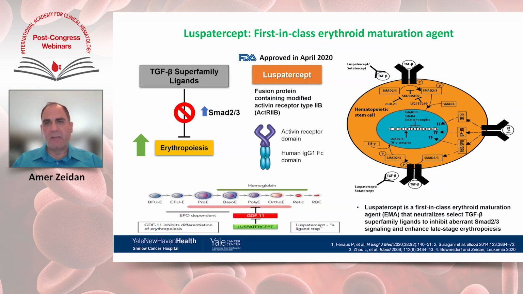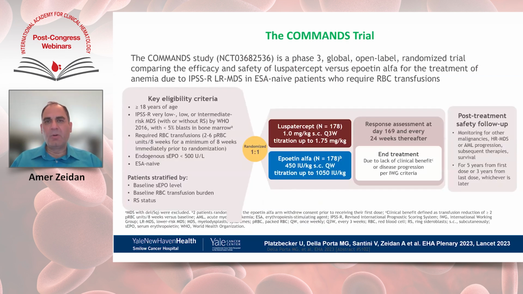So as background, luspatercept, as I mentioned, has been approved almost 5 years now. In 2020, it was initially approved. Luspatercept is a transforming growth factor ligand trap. This pathway is increased in activity in patients with MDS and leads to suppression of erythropoiesis. This ligand trap, which has an activin receptor domain attached to an IgG-Fc domain, removes the ligands of this pathway from the circulation, leading to reversal of anemia, and has been already approved in the